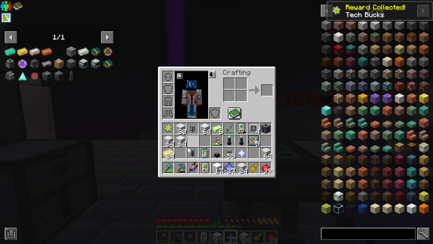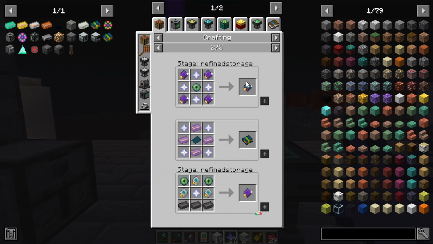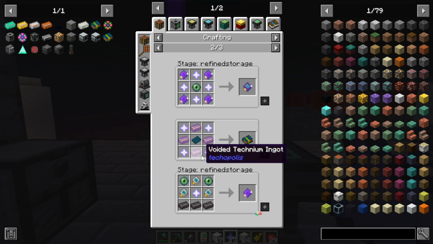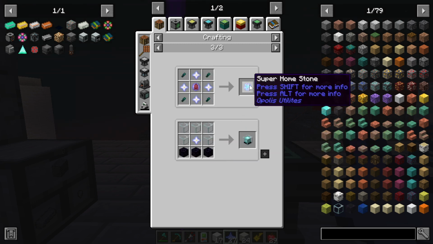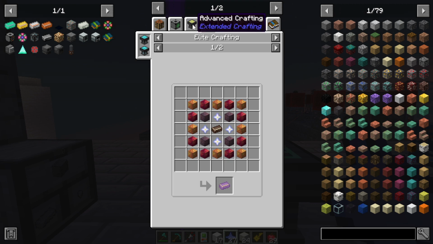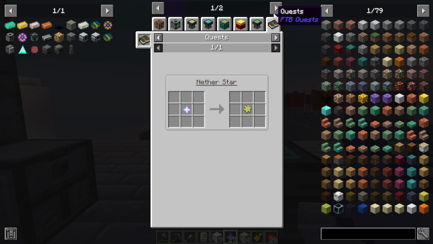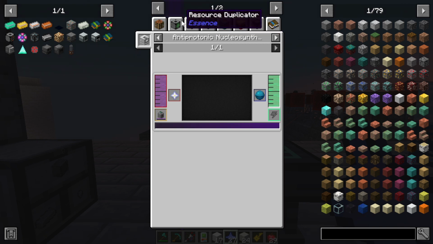That'd be cool. What is this used for, nether star? That is used for... dimension cards would be good. Fluorite. Oh. Which I will be getting. Beacon. I can duplicate it now. And it's used for voided technium, as well as ender stars, flux stars, and nitro crystals. So I think now that I have it,